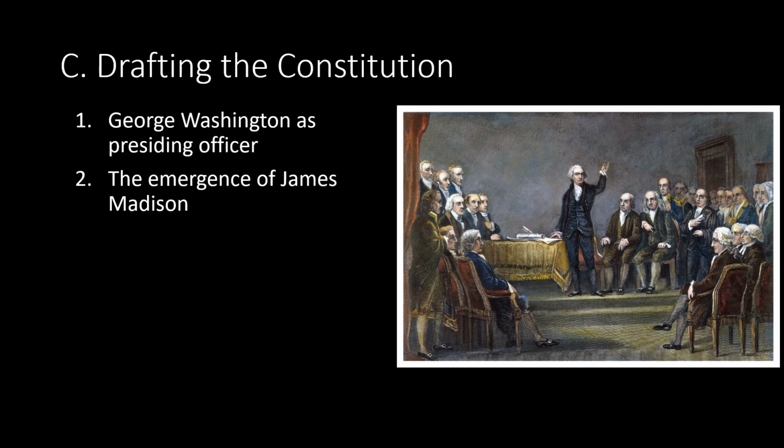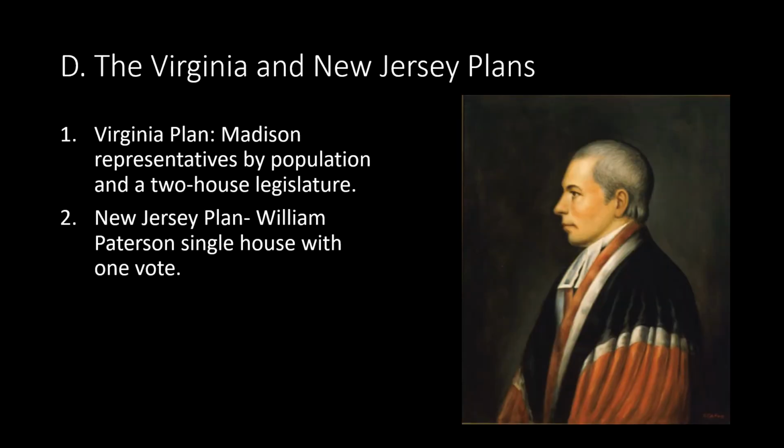The work of fashioning specific articles in the Constitution was directed by James Madison, who would be known as the father of the Constitution, Alexander Hamilton, Gouverneur Morris, and John Dickinson. They represented different states. These state convention leaders shared the common goal of wanting to strengthen the young nation. Two plans would then emerge on how to form the new government, the Virginia and New Jersey plans.